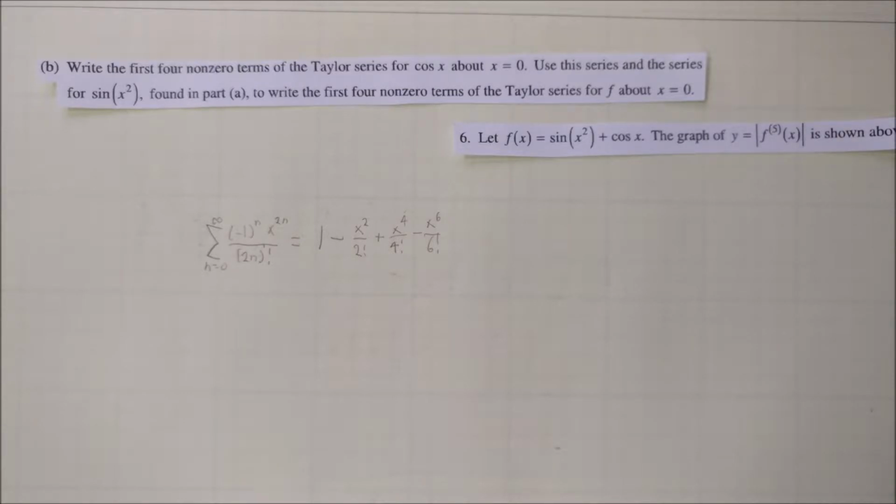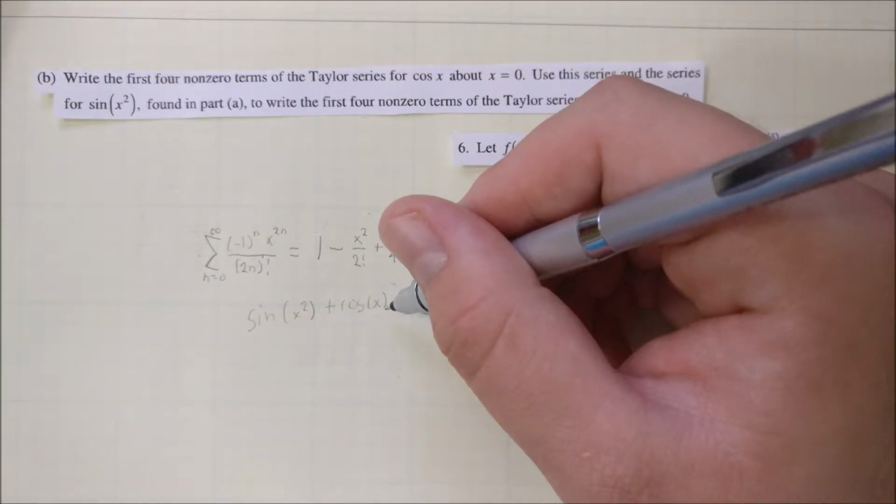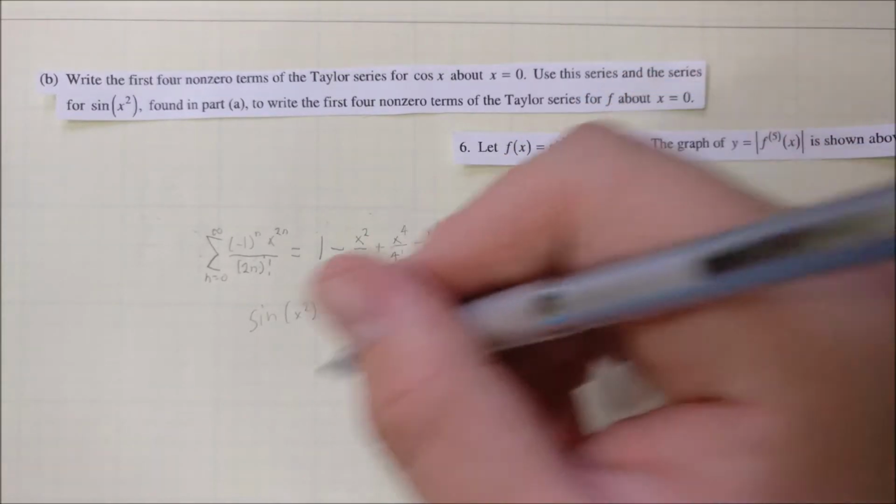Well, that's not too bad because we just have to remember that Taylor polynomials can be added together to get the sum of the two functions. So sine of x squared plus cosine of x is just the same as the sum of their Taylor series. We can rewrite that from the previous part as